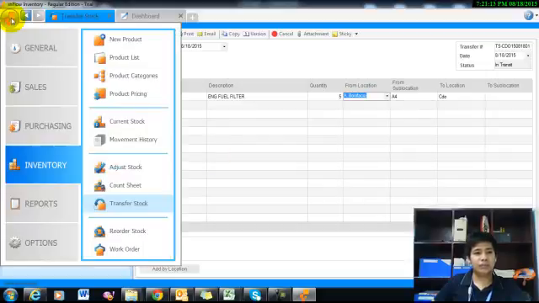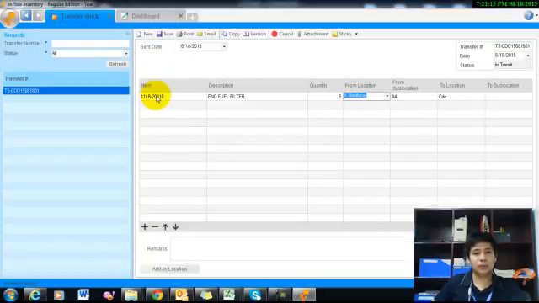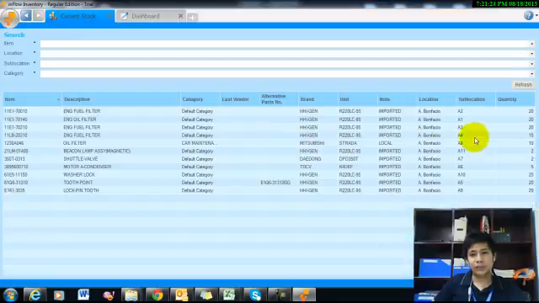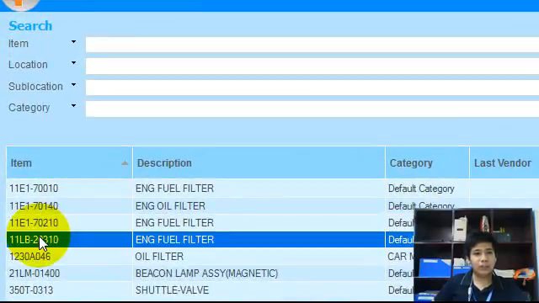Let's check if this 11LB20310 has been deducted on our inventory. So let's check the current stock. 11LB20310. You can check. A while ago we have 20 11LB20310, and now 5 pieces of it has been transferred to Cagayan de Oro.